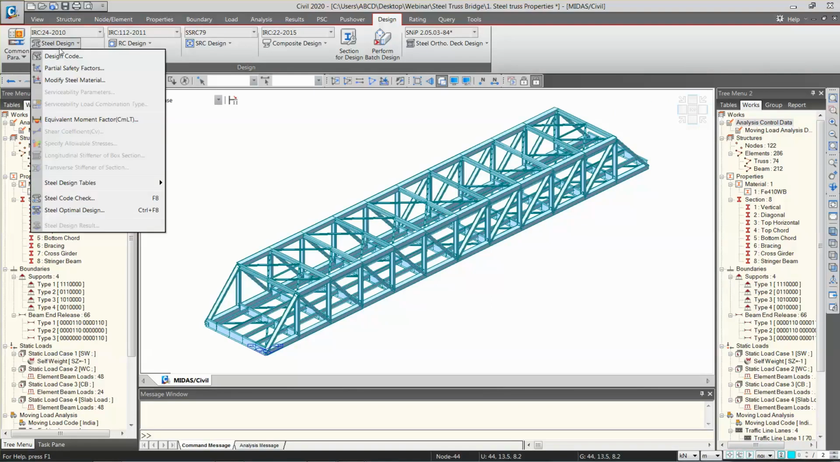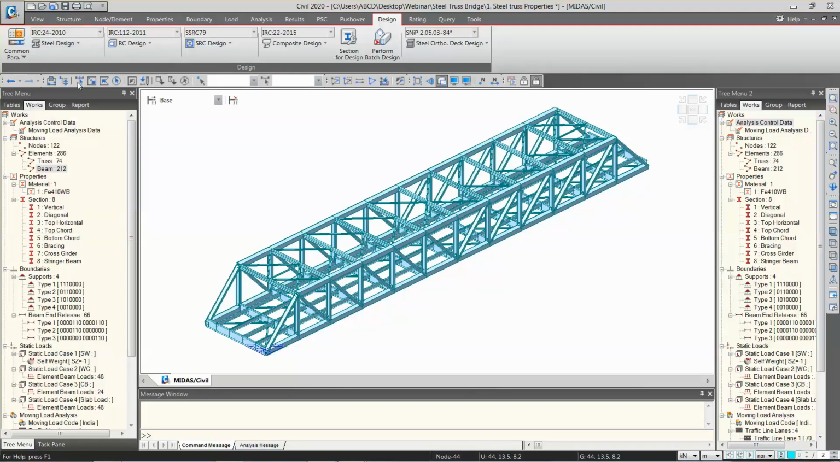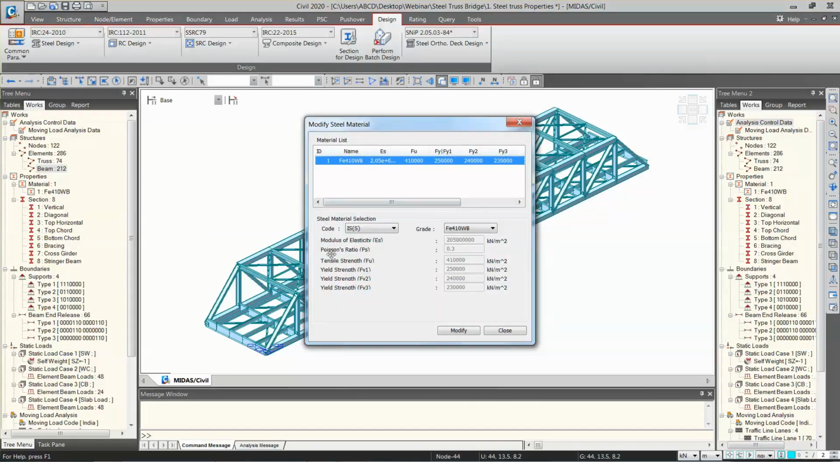Okay, so steel design and modified steel material. You can see this is already there. What is the tensile strength, what is the yield strength. Okay,